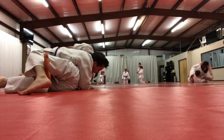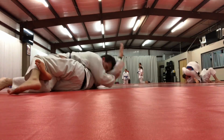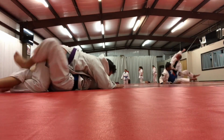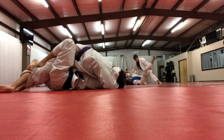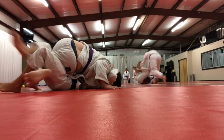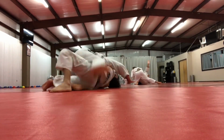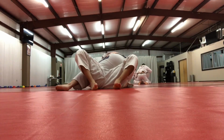Now, I'm going to use that same half guard pass, but this time I'm too wise to his tricks. So at least I'm not going to get put back in the guard, but I do believe that, no. I was going to say I used the pass to break through, but I'm just looking for the doorway, looking for the hole out. Boom, mount. So that's a tricky little